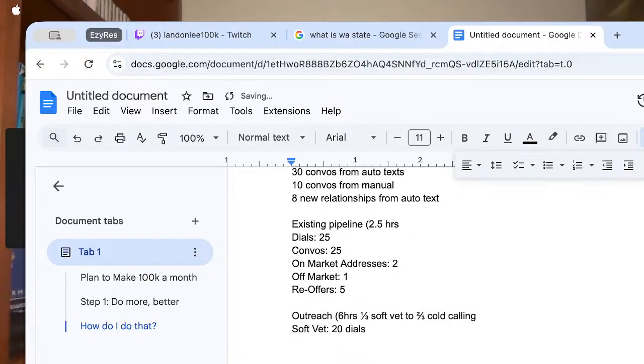Combos, we'll say 20, and then discoveries, we'll say 15. New offers, we'll say 7. And then cold calling would be, so we go,